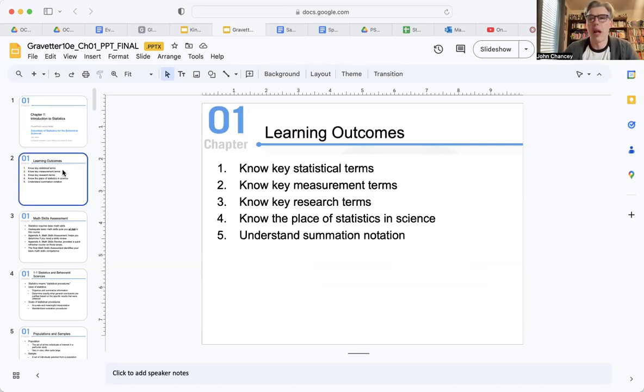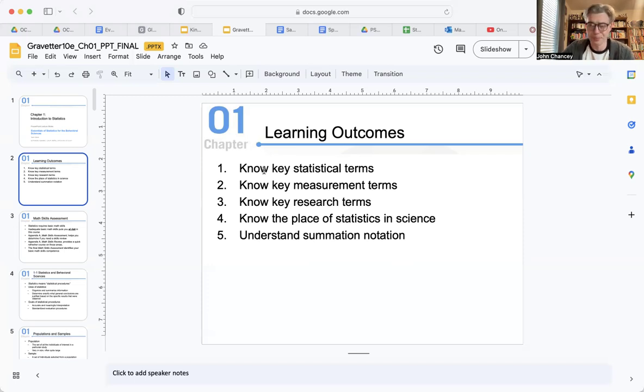What I would recommend always is when we start these chapters, you're going to have learning outcomes at the beginning of each chapter. My recommendation is to use these to guide your learning as you proceed through the chapter, and also use them to test and make sure you understand the chapter we just covered. So the outcomes for this chapter: know key statistical terms. My recommendation is that anything that's underlined or has a slide dedicated to it is a statistical term, a measurement term, or a research term, and it's probably important. So make sure you know what that is, know the place of statistics in science,